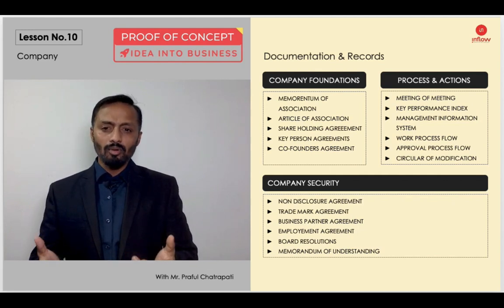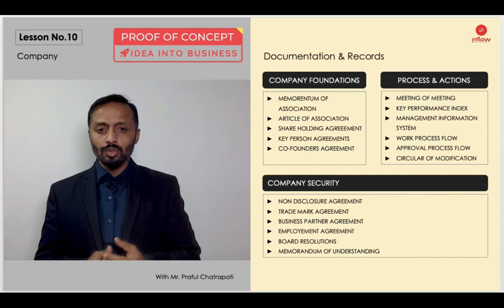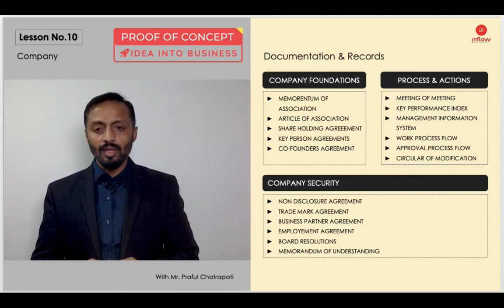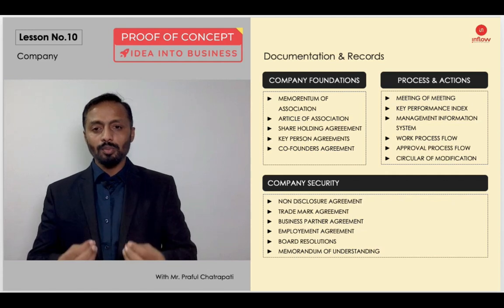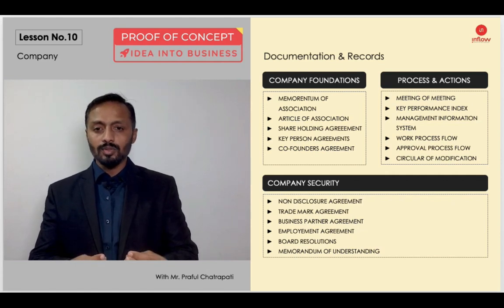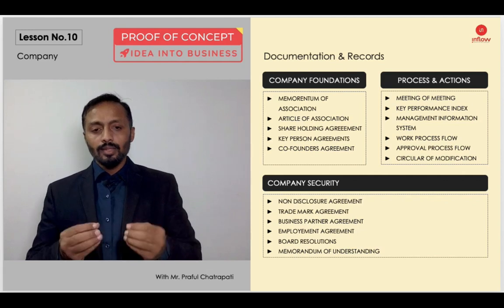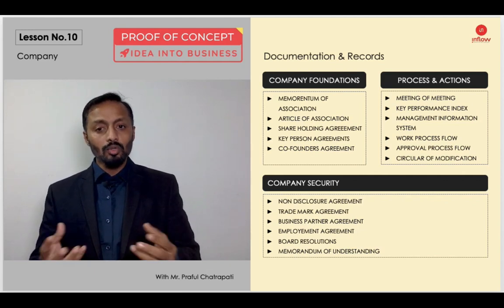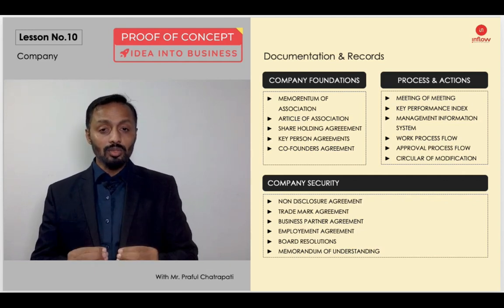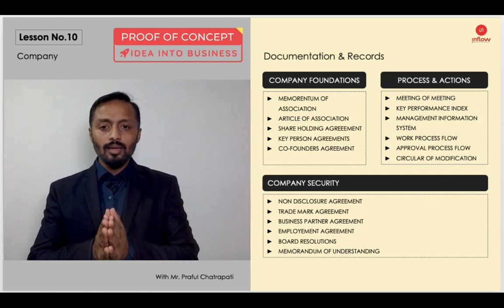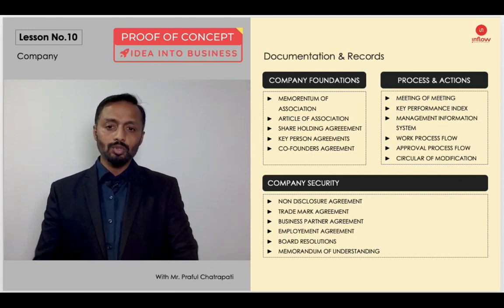And the memorandum of understanding: you should have templates with you. So these are the security side, because for any actions you are taking, you have to respect your own actions and efforts, and convert them into great documents and records for you. That will become a reference for you and for your team also. So it is a very important stage. Understand that documents and records are the key to show what efforts you have made.